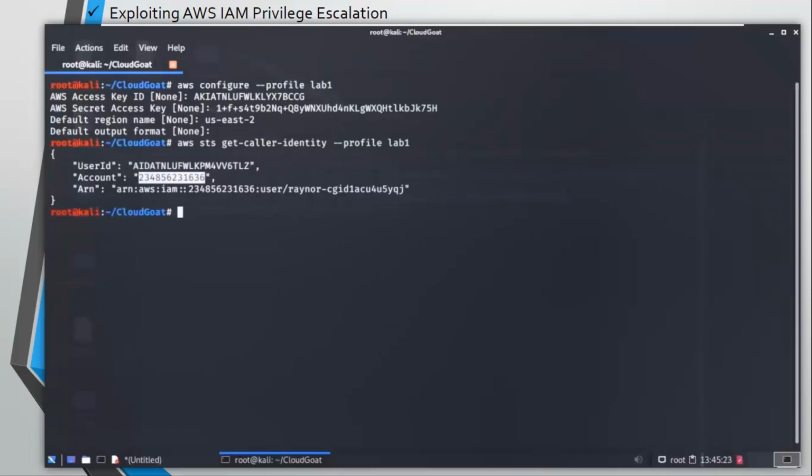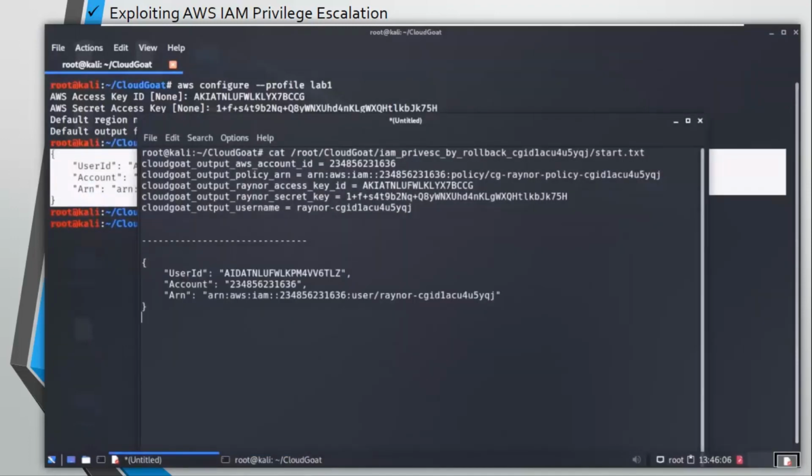So that's the user ID, the account, and that is the ARN, and you can see this profile belongs to Raynor, and that is the entire username of the user, and that's the user ID again, and the account ID. So let's move on and check a few other things. First, copy and paste this as well, as we are going to need it in future.